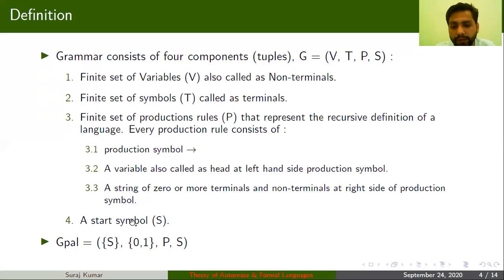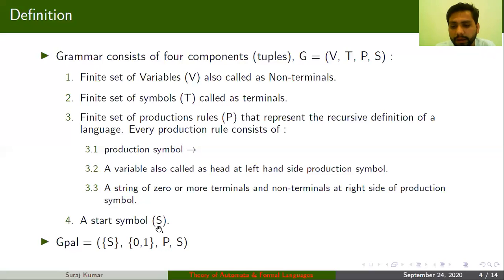So you have 5 productions in the case of your grammar for the language of palindromes. And your terminals are 0 and 1, and a terminal is nothing but a constant thing. So this is a set, production is also a set, and this is also a set.